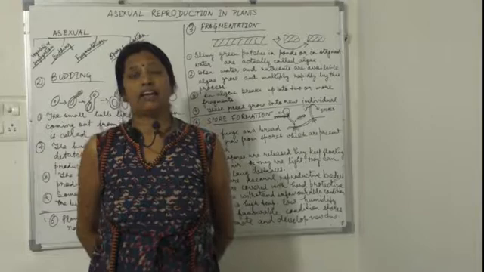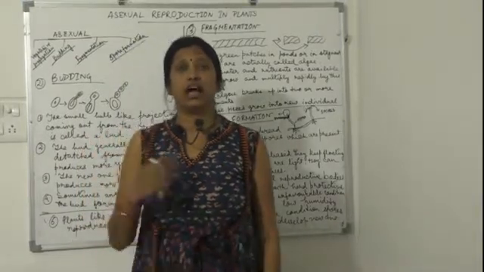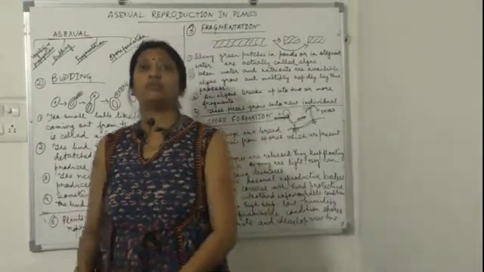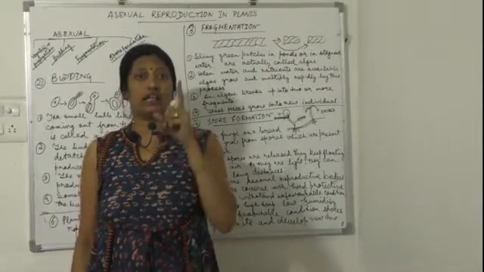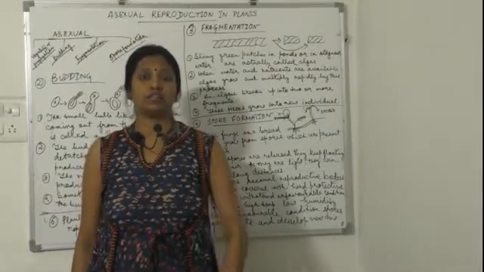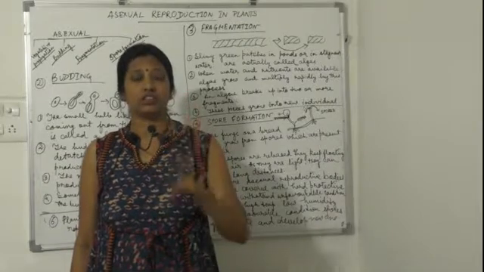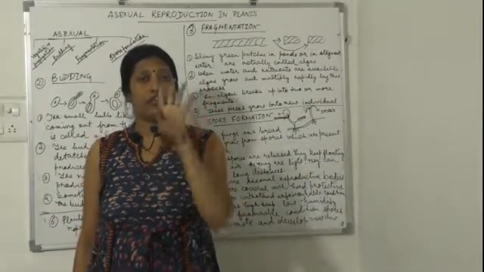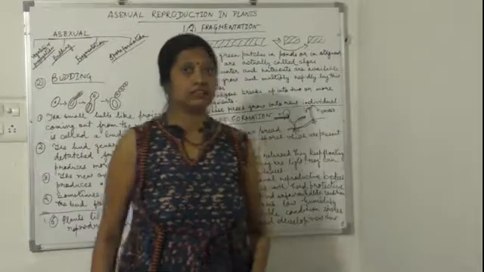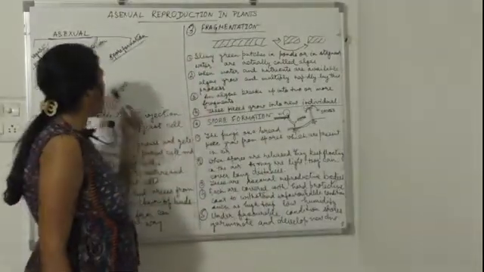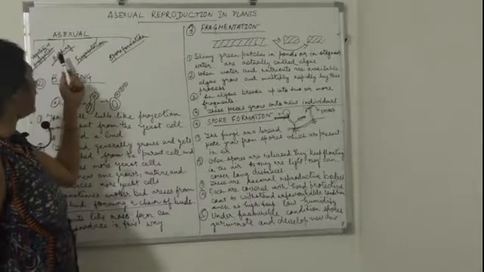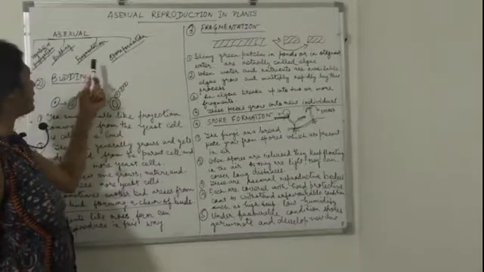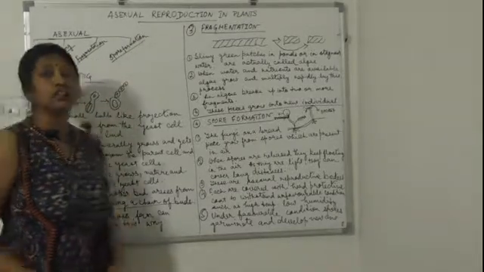Okay, as I have discussed in my previous session, the asexual reproduction in plants, and in that session we have discussed one type of asexual reproduction, that is vegetative propagation. But there are four types of asexual reproduction in plants. The first one is vegetative propagation, as you know, then budding, then fragmentation, and the last one is spore